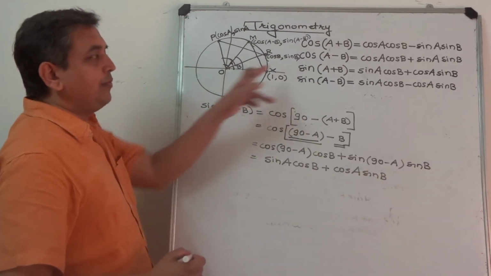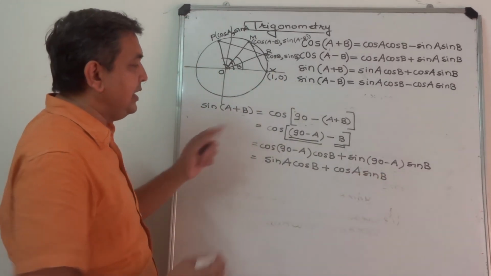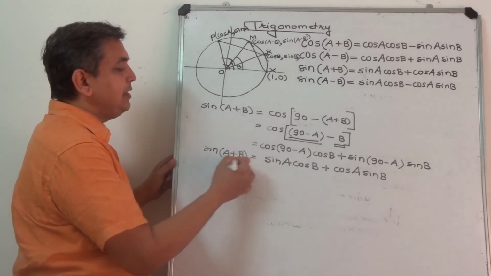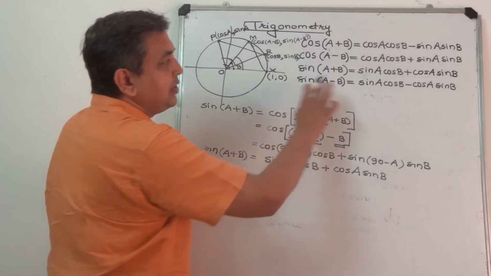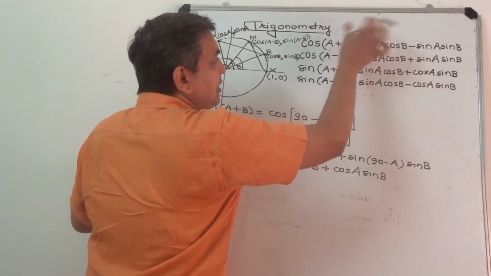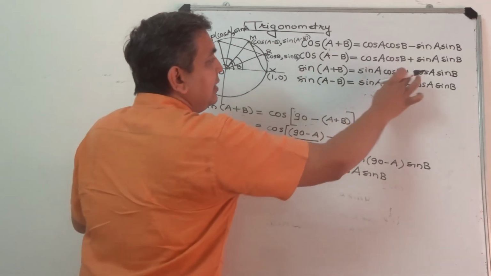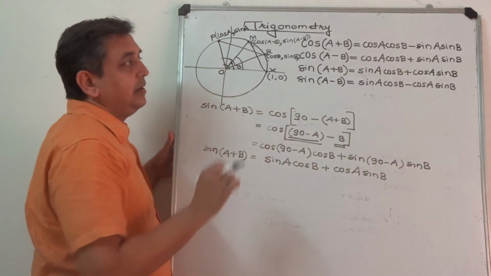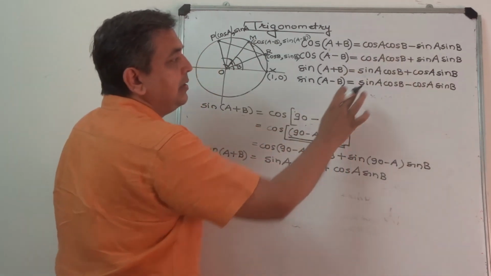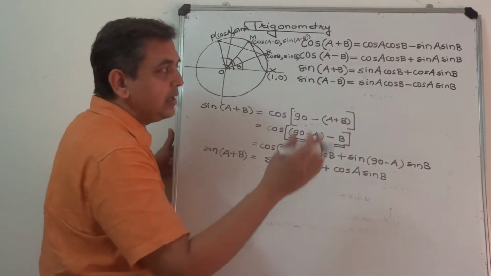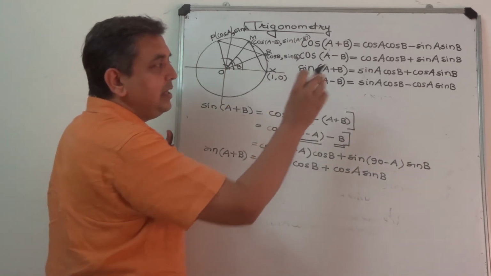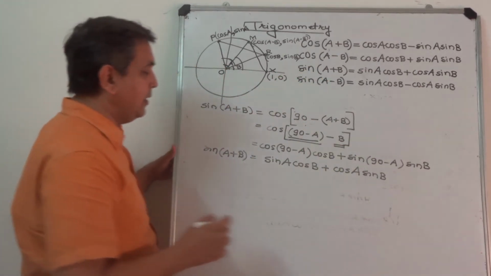This is the proof for this third formula. We get sin A plus B equal to sin A cos B plus cos A sin B. Now what is the change here? In case of cos, this sign in the middle gets reversed, but in sin, this sign is the same. In cos, we have two same terms, cos cos, sin sin, but here we have sin cos and cos sin. So remember this, and we will be easily able to get many other formulae.